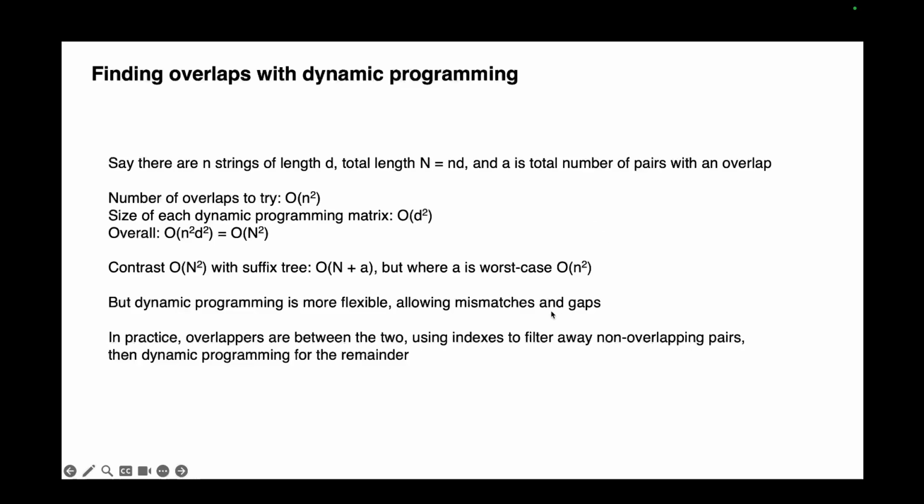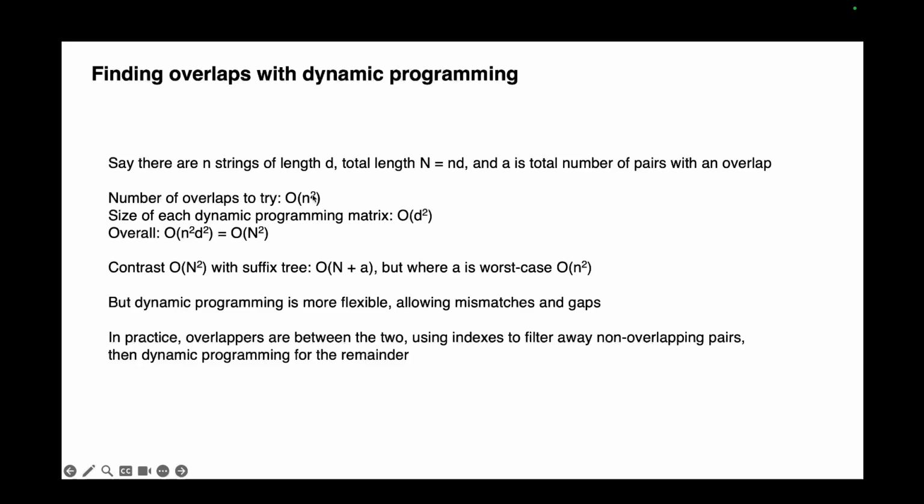Now, this is one way to find overlaps, using suffix trees. You can also do it with dynamic programming. Remember dynamic programming from when we were doing multiple sequence alignment and protein matrices. There also we came up with a dynamic programming algorithm. Here also it is there. Say there are n strings of length d, same thing, total capital N equal to small n times d, and A is the total number of pairs with an overlap,